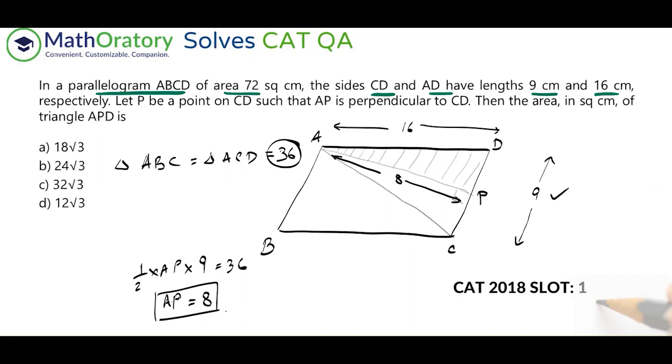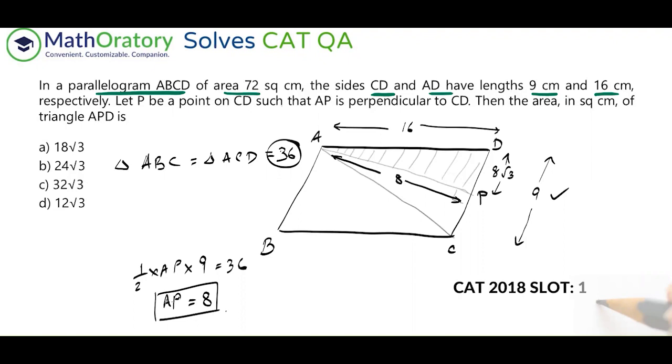So this is not justified. But then, okay, just assume that is correct. So this is 8 and half of 16, right? So this is basically a 30, 60, 90 triangle. So when you have half of it, or if you're not confident, just apply Pythagoras. So root over 16 square minus 8 square, whichever way you prefer. So you'll find that the PD length comes out to be 8 root 3. So this length will be 8 root 3.